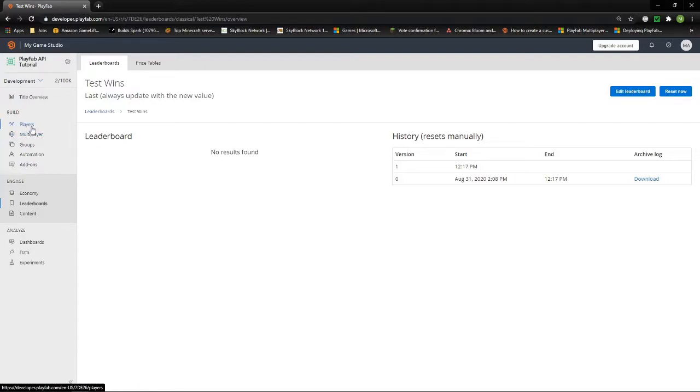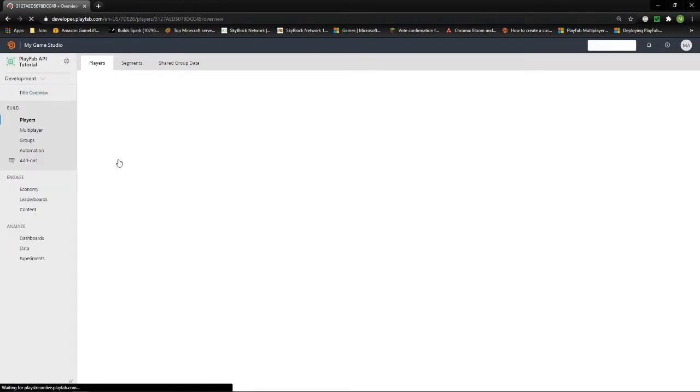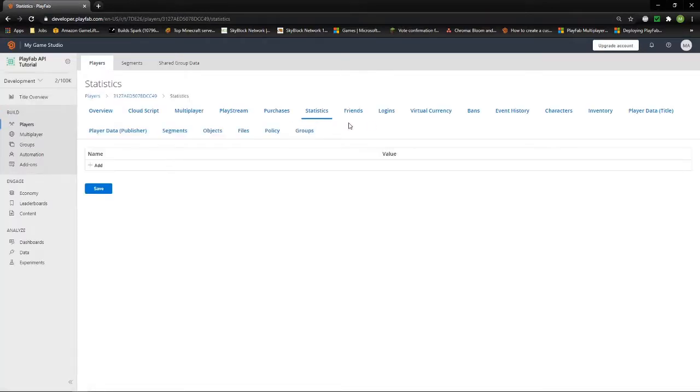Now, statistics are, again, slightly different to player data, because with player data, if you go into your players and have a look at player data, you actually have to set it up. Whereas with statistics, if I go in, there is nothing there by default. So in order to make sure that the player has something, you probably need some sort of default load script,